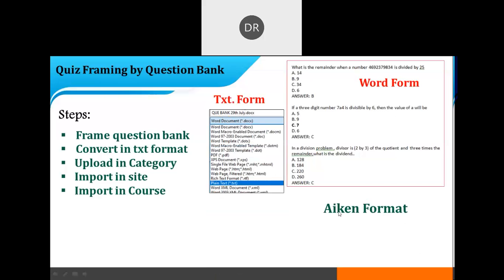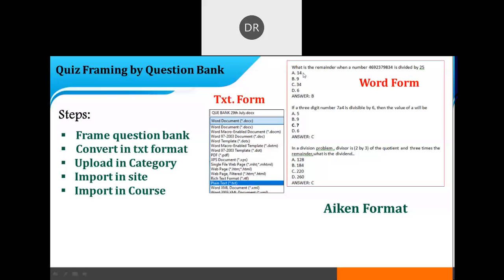If you type Aiken format in Google, you will get the format, or you can just copy this format. First the question, then the options, you have to follow this format only, and then Moodle will accept the bulk upload of the question bank.